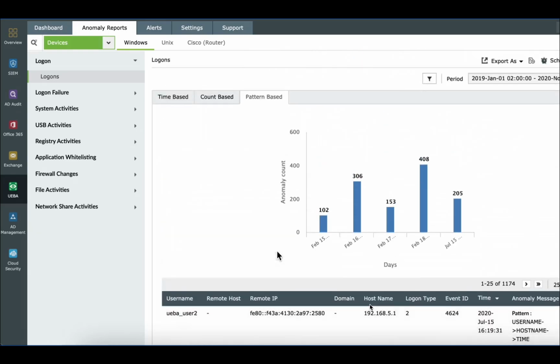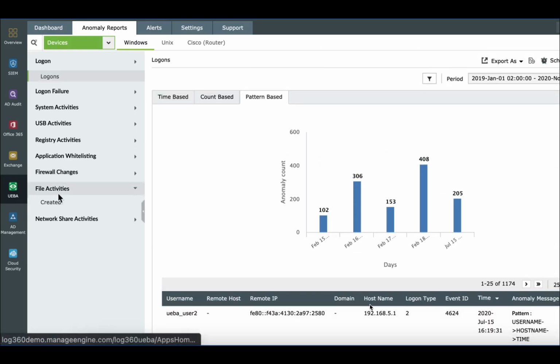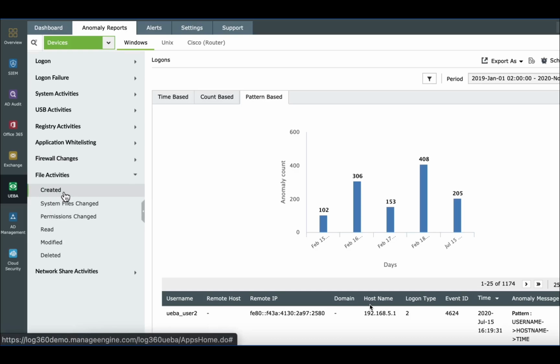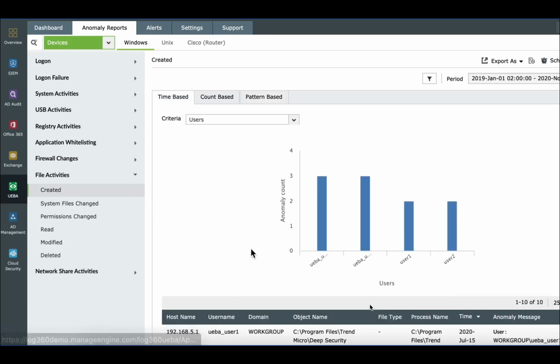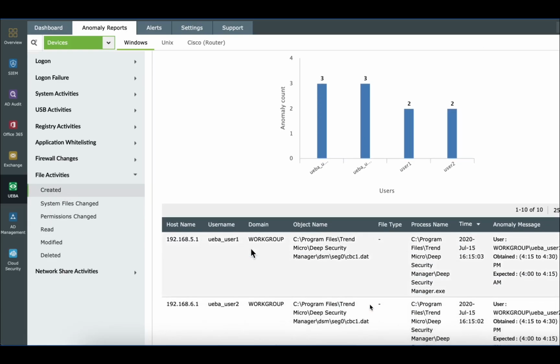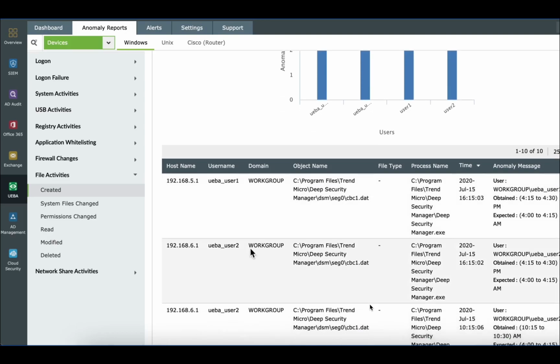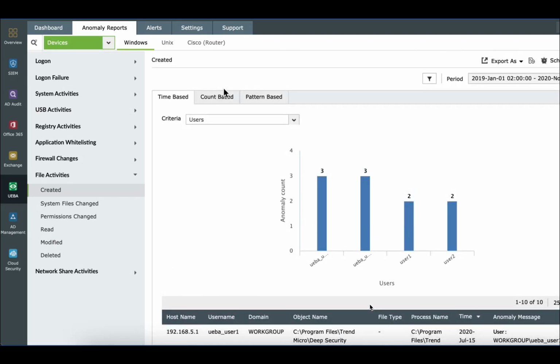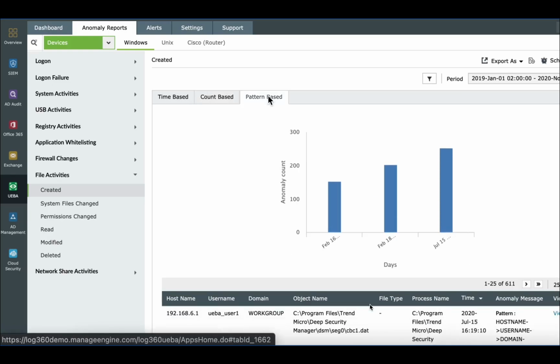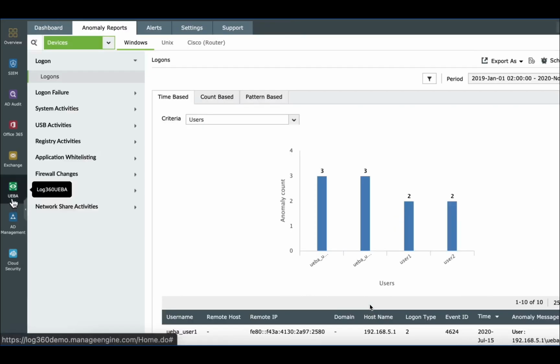And the last one is pattern-based. There is an unexpected sequence of events that takes place. Each event taken in isolation may not be considered an anomaly, but when they are all considered as happening together as a sequence, it is a deviation from what is expected and will be flagged by the Log360 UEBA console.